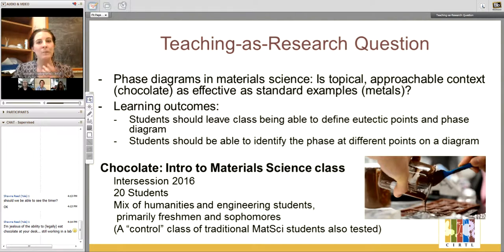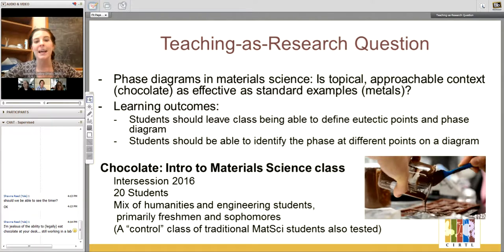As learning outcomes, I wanted students to leave the class able to define eutectic points and the phase diagram, and I wanted them to be able to identify specific phases in this standard diagram